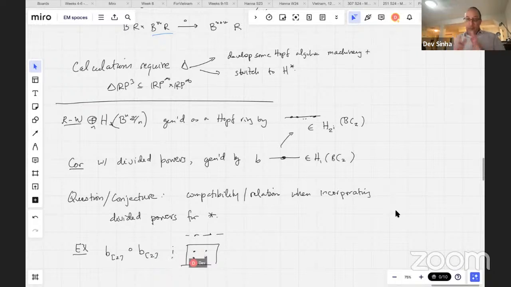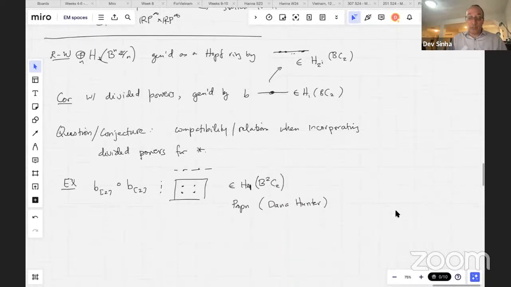So I see all possible rectangles with sides parallel to my bounding square. So that's what this homology class is. It's a 4-dimensional class. So this is in H_4 of B^2 C2, the second Eilenberg-MacLane space. And the claim is, and this was proved by Dana Hunter, we were working on this again with Sarah Peterson a little bit too, and others, that this is homologous to